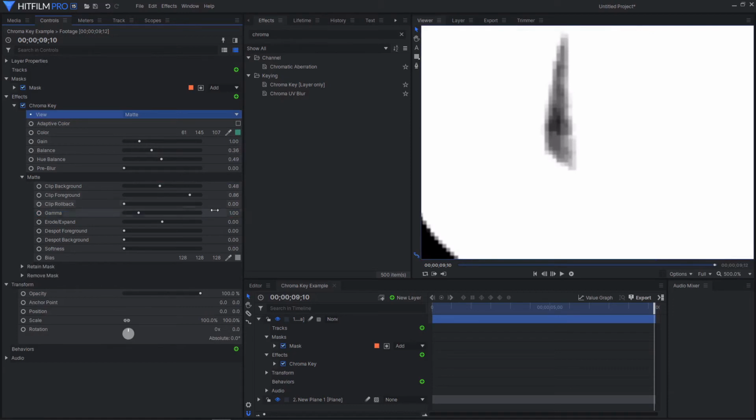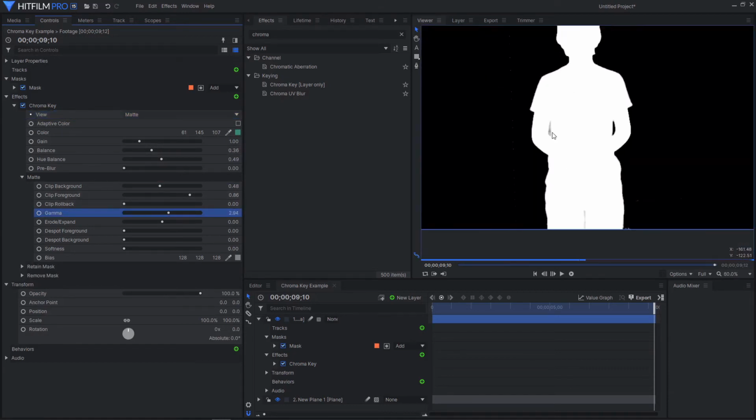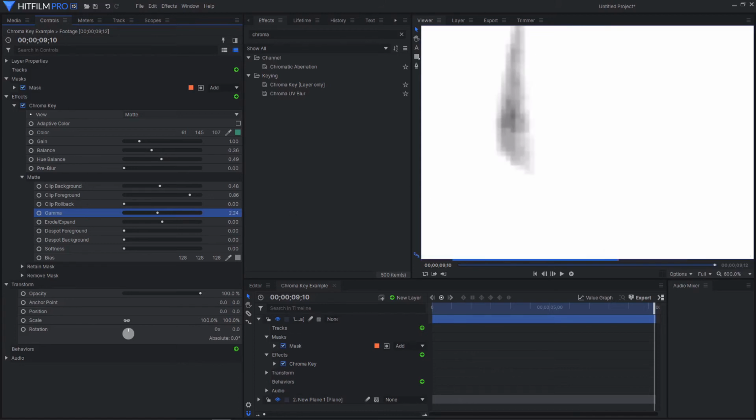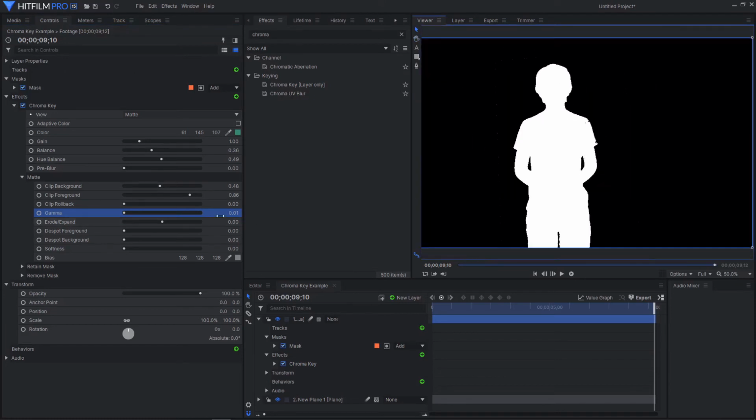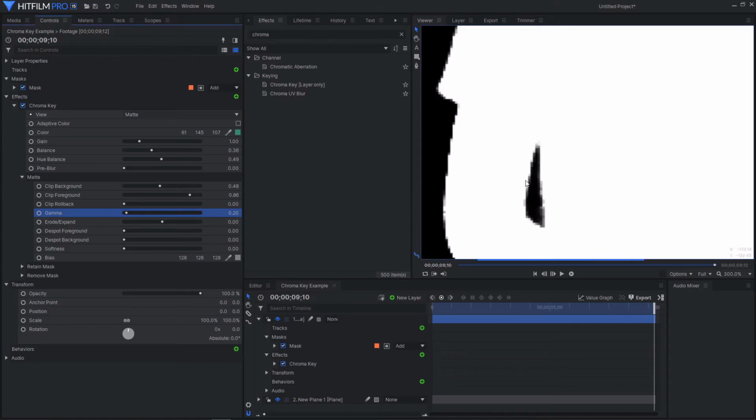But as we start to increase the gamma, you can see that that is being filled in. But if we start to decrease the gamma, you can see that it's turning more and more of that to black. And this will also adjust the very edges by removing as many of the small chunks as possible. You want to make sure though that you're not removing too much